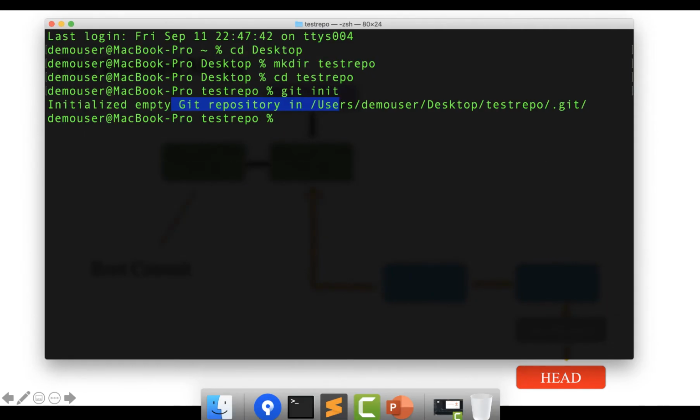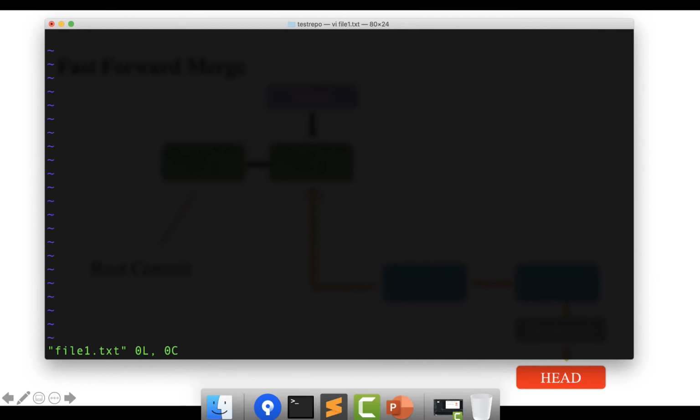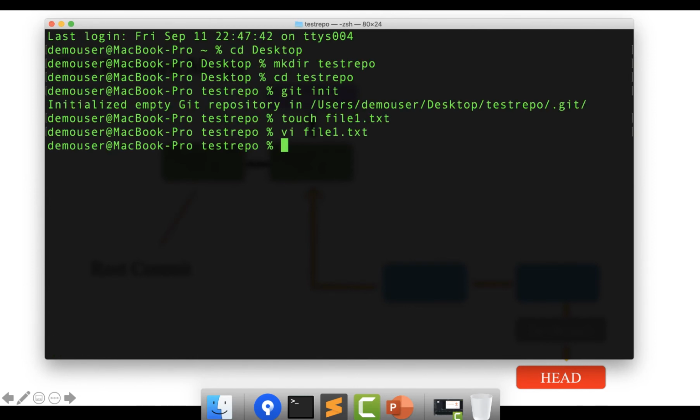I'll create one file, let's say file1.txt, and it is created, so I will edit this file with some content. In edit mode, I'll type file1.txt is created, and I will save this.